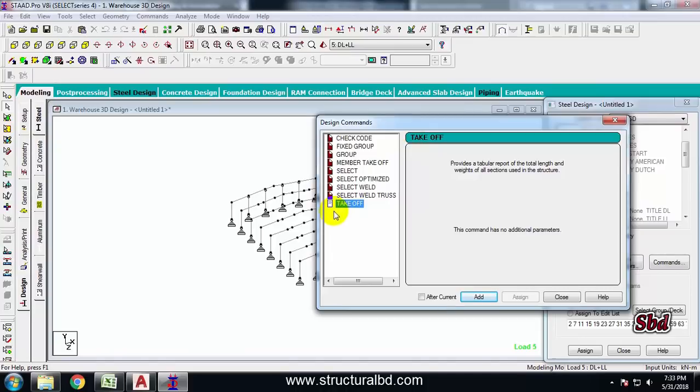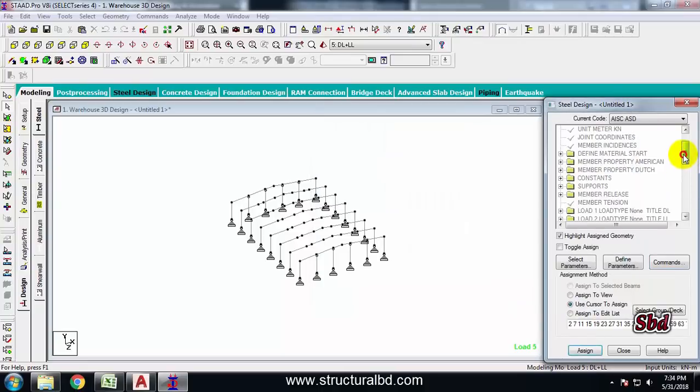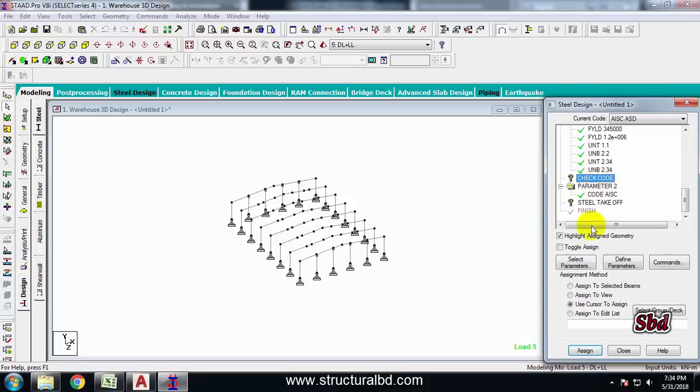If you want to see the takeoff of the whole steel, then click at takeoff, add. You can use multiple takeoffs, say bracing separate and all the steel separate. I'm just showing you one. If you use more than one, then you have to add this couple time, then close. Here select this check code. I want to check for all members, so I have to click here this icon